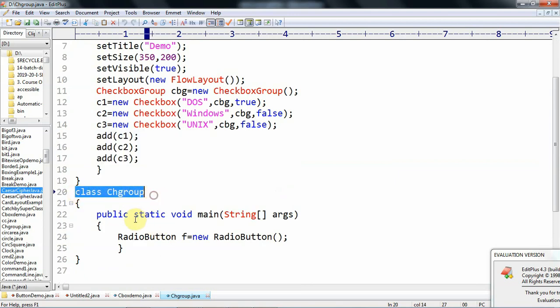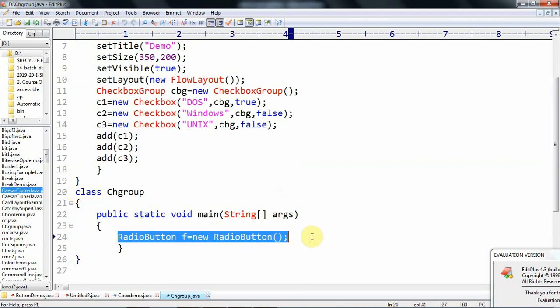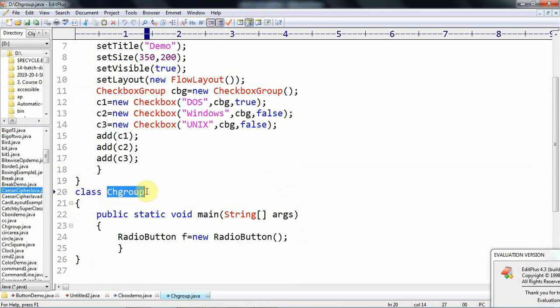Then the radio buttons are added like this. Then the client class main method, where the user defined frame object is created like this. Now we go to see the execution.